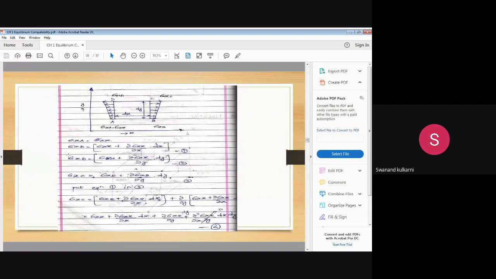So let us substitute this equation number 1 in equation 3. In equation 3, this term sigma xb, we are substituting the value of equation 1, because sigma xb is sigma xx plus dou sigma xx upon dou x dx. So let us substitute this equation 1 in equation 3, so that